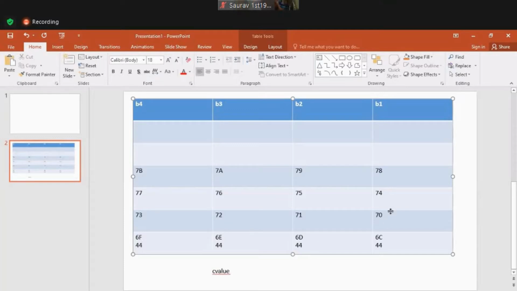My next number is 11. The next number is 33. They are not arranged in ascending order. They are arranged randomly because I want to perform ascending order.